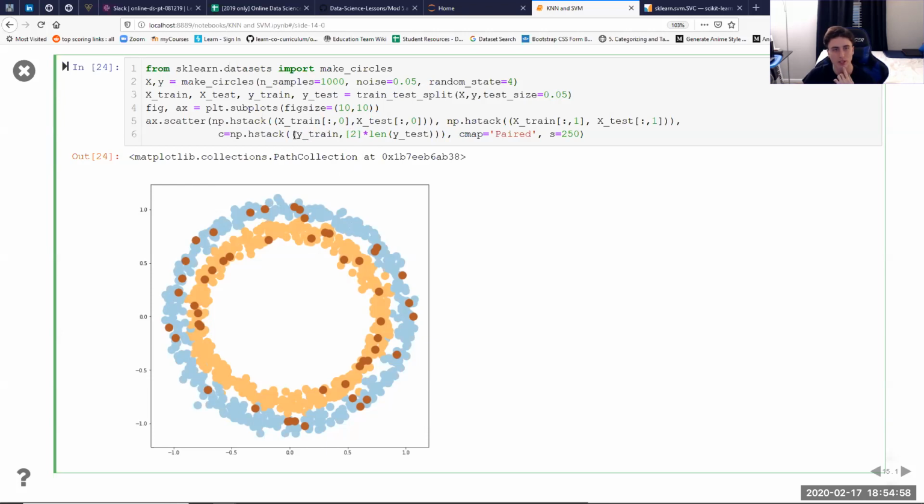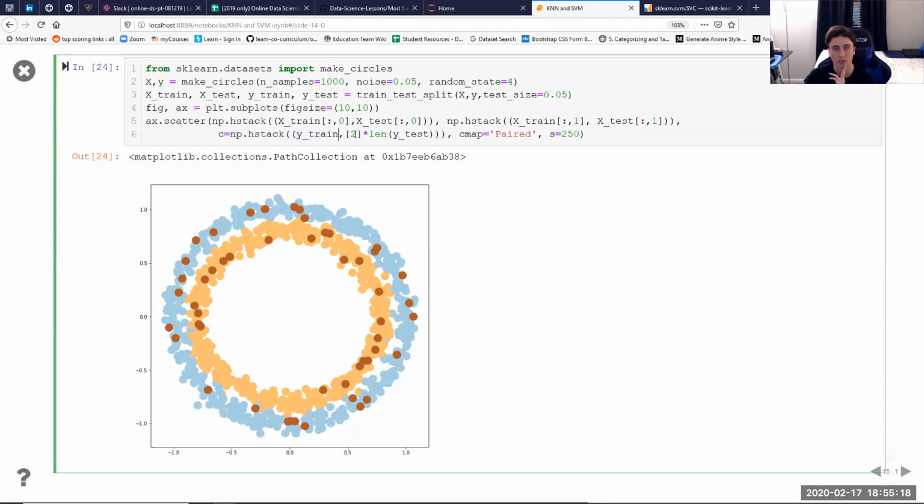Okay, so this is actually all of our Y values, which are 0 or 1. And then, yeah, okay, so that's for the color. So that determines if they're orange or blue